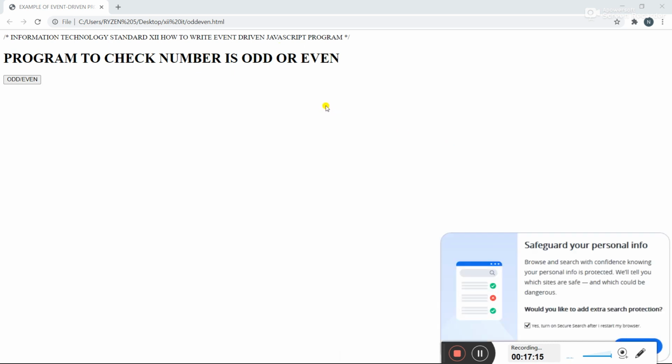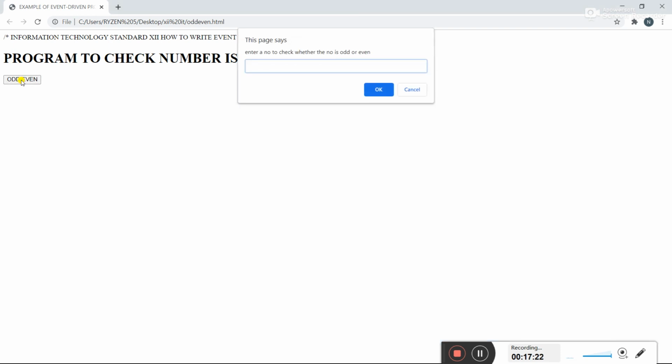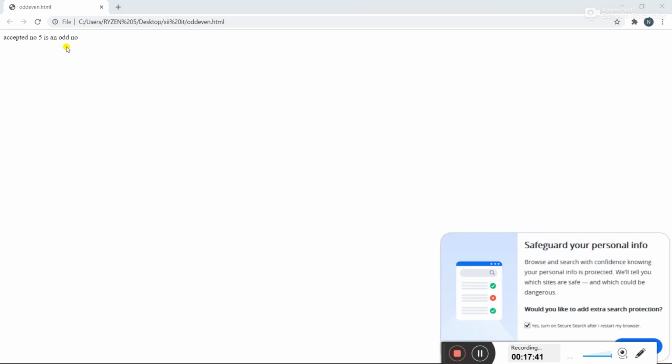This is the program. This is the highest level of heading. When we click on this odd even, it will ask you to enter the value, right? Whatever value you enter, it will send that value to the number variable and then check. After checking, it will decide whether the accepted number is odd, and then it will declare that number is an odd number. Okay, how it comes, see here students,